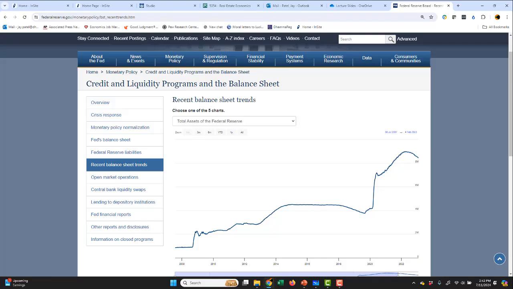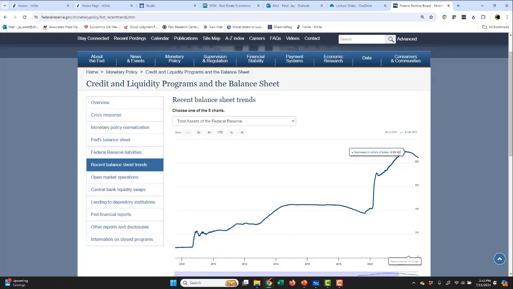Okay, and then finally, just to give you a better sense of what's going on with the Federal Reserve, this is a graph of total assets of the Federal Reserve. Okay, so this is when they go out to the open market and buy U.S. Treasuries, or sorry, buy mortgage bonds. These are all accumulating on the balance sheet of what the Federal Reserve System owns. Okay, what they're holding. Because when they go out to the open market and buy stuff, it's going to show up on their balance sheet. So this is basically the total amount of stuff that they own.